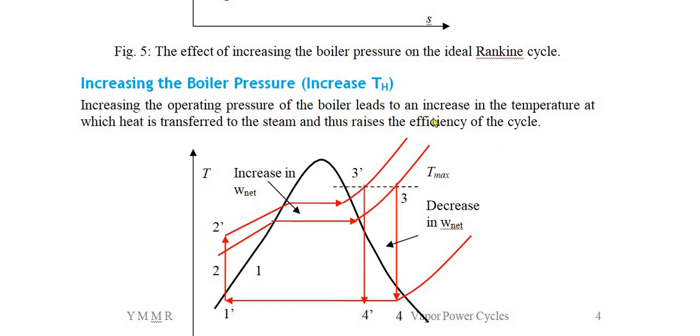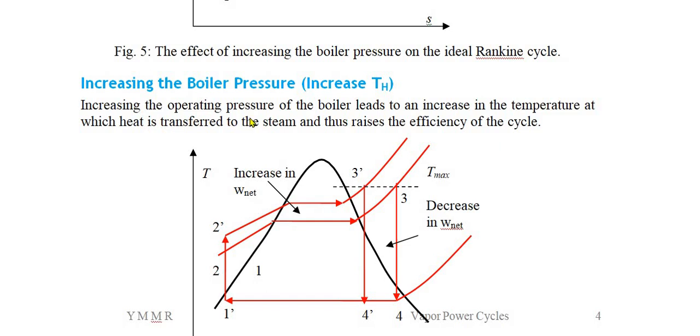2 to 3 line is one pressure line. Okay. Now, instead of 1 to 2, we are increasing the pressure till 2. Now see here, we are increasing the pressure, but we are maintaining the temperature of the steam entering the turbine constant. You can see this is a 3 and 3 lies on a horizontal line. On the vertical axis, you have temperature. So when both the points are on the same horizontal line, the temperature remains constant.